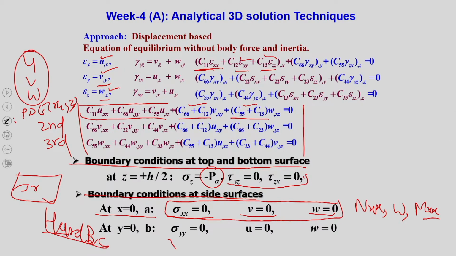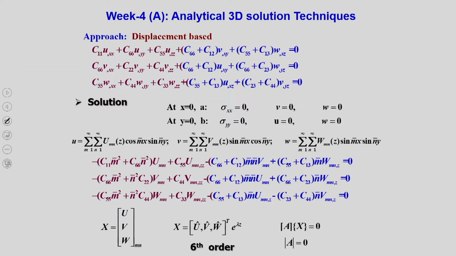So, we have to choose. Now, you see that along x axis, along y axis, along z axis, you have a at the bottom of the plate 3, at the top of the plate. So, basically 6 BCs along z. Similarly, 6 along x, 6 along y. Now, we have this set of equations which we have recently obtained, and based on this, now we will assume